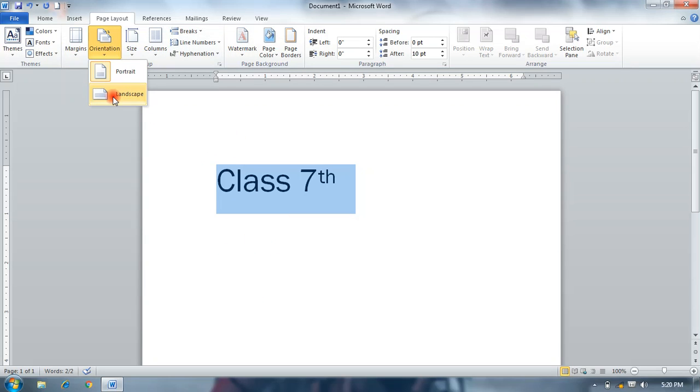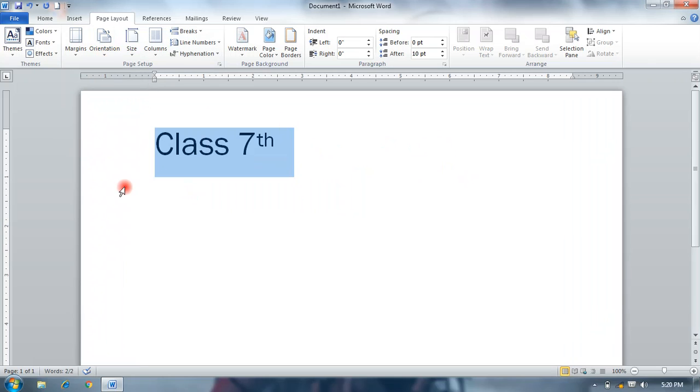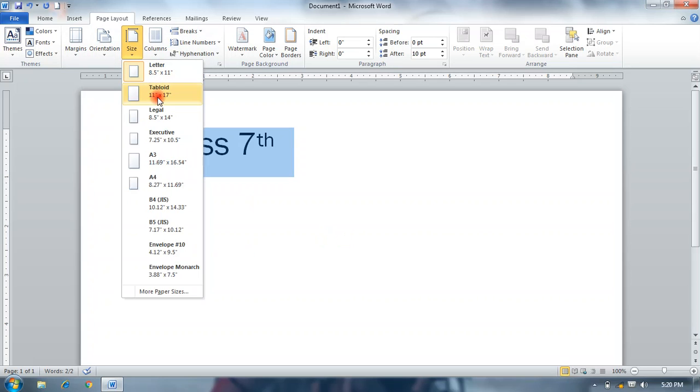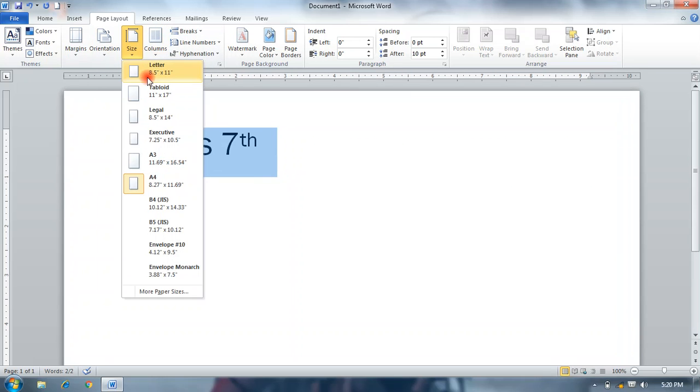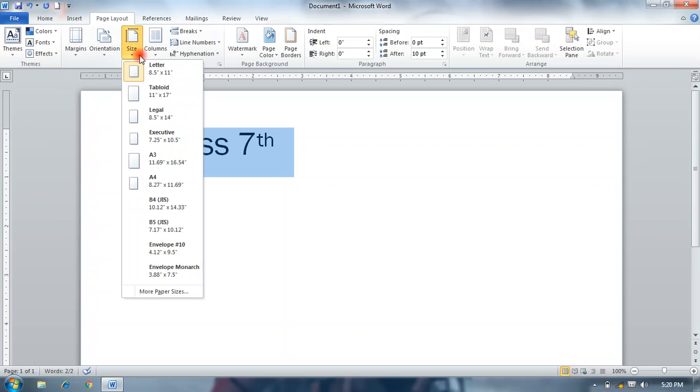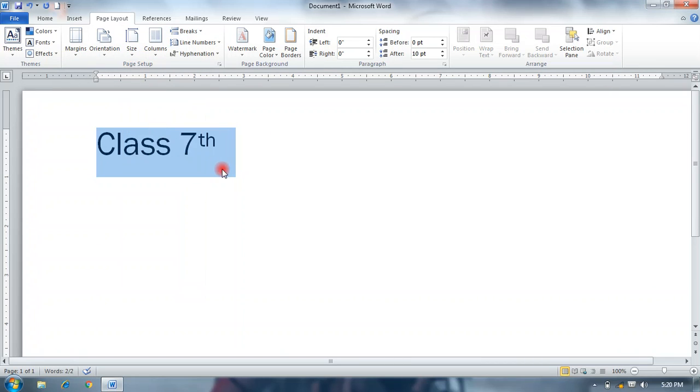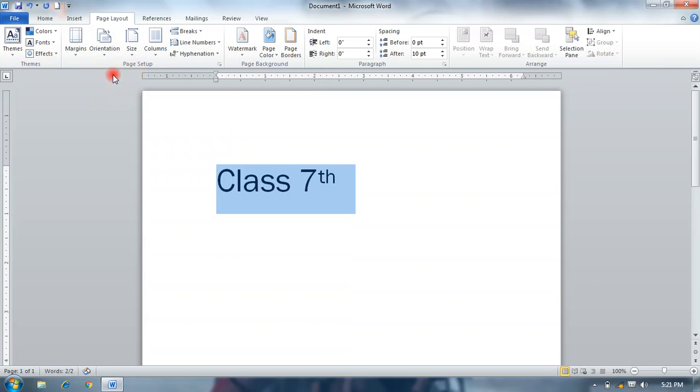If you select landscape, then it displays in wide screen. Okay, size, this is to select your page size like A4, letter, or legal. Okay, and you can again change your page orientation from this portrait.